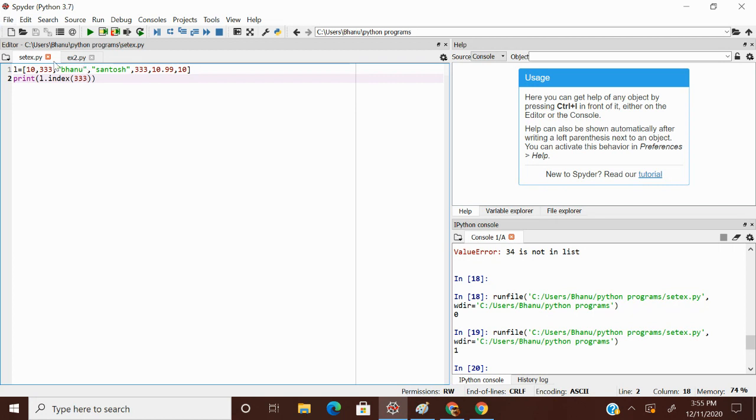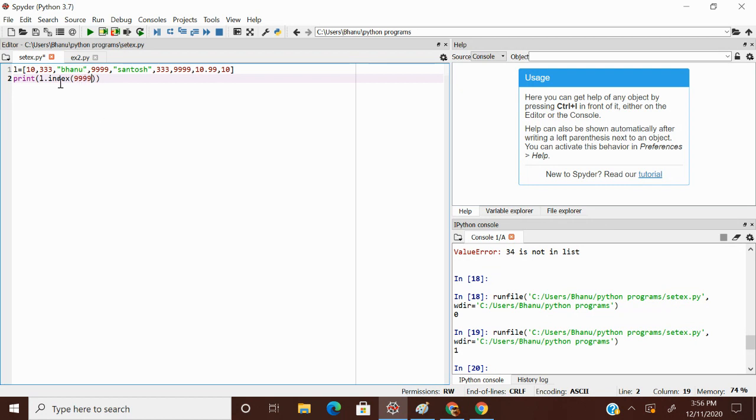Now I'm trying to add one more value here. After 333, I'm trying to add one more value, that is 999. Four nines.